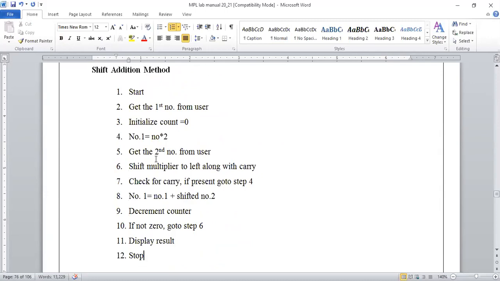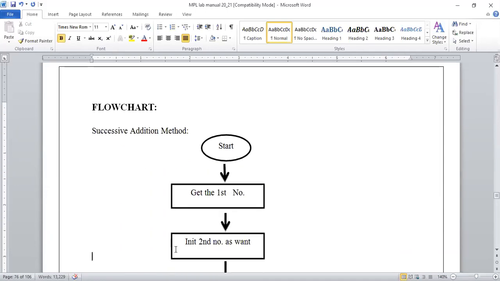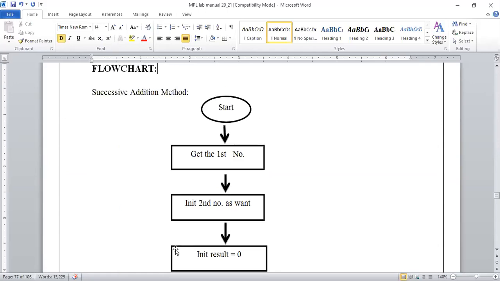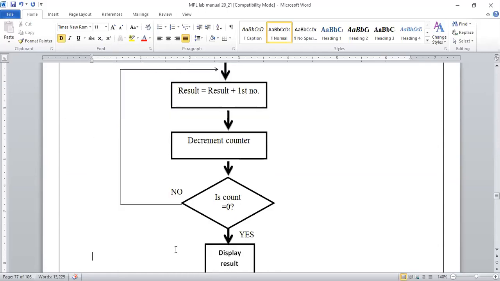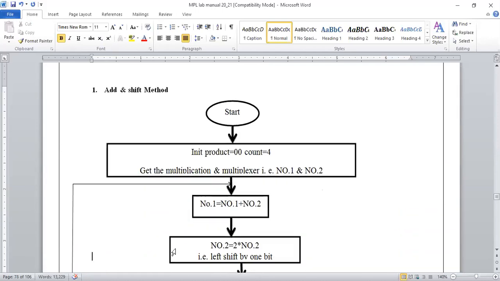So we have to perform the shift and check for the carry, after every addition. Once we have got the carry, we have to stop this addition and add that number with itself, after this is your second operand. Okay, so this will be the flow chart for successive addition. For shift and add, it will be in two parts, so two separate programs to avoid confusion.